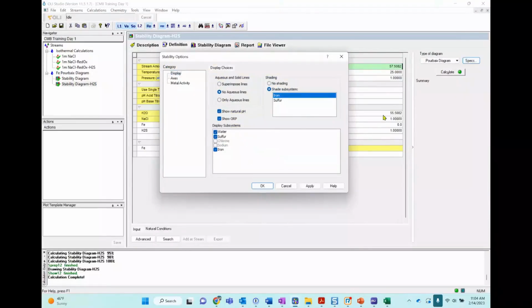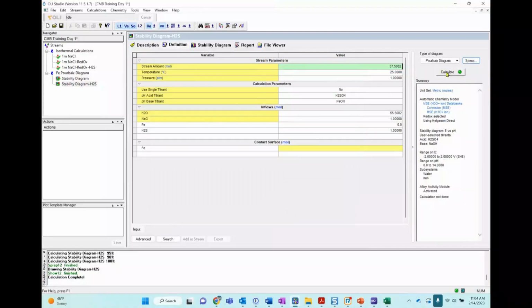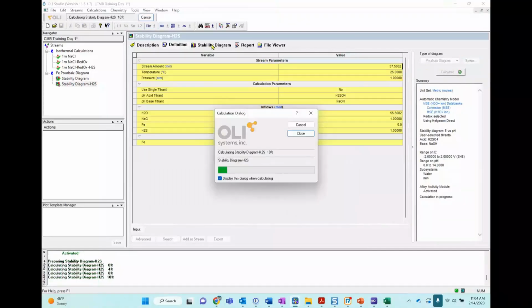If I go to my specs, I will remove my aqueous lines so I can just leave the solids. But yes, the short answer is yes. It's anything that is a solid phase, which not always, but generally protects the surface and decreases the corrosion rate.